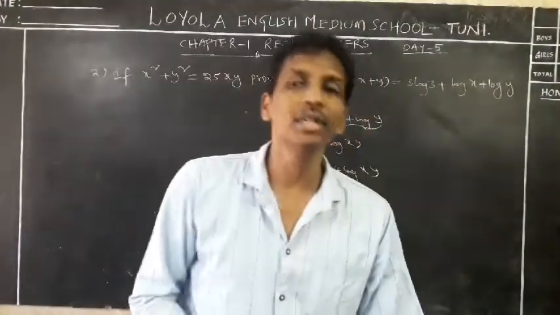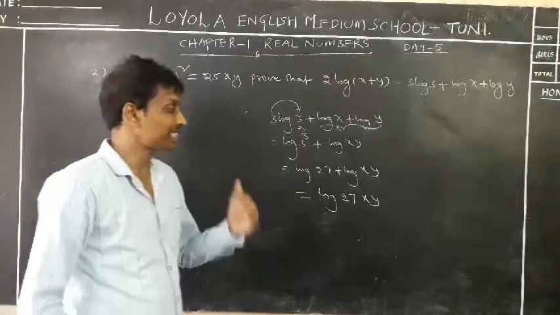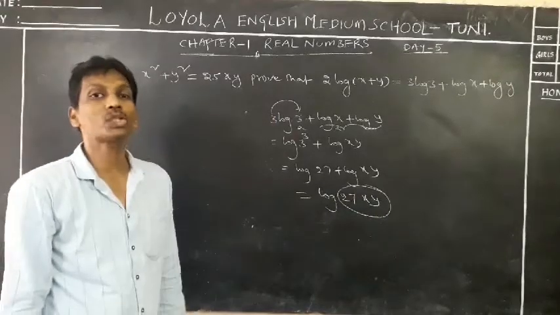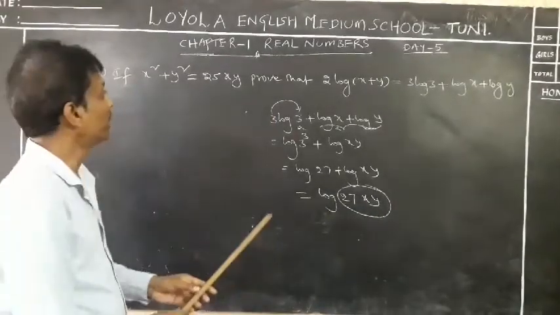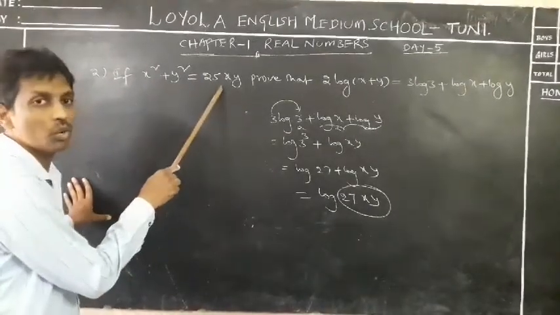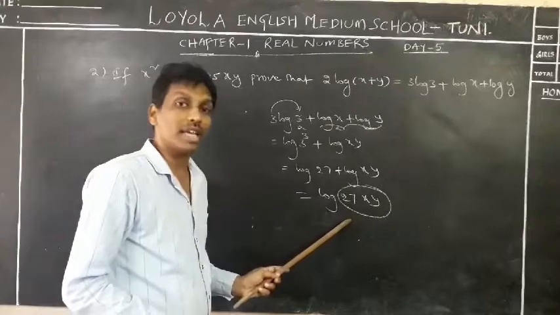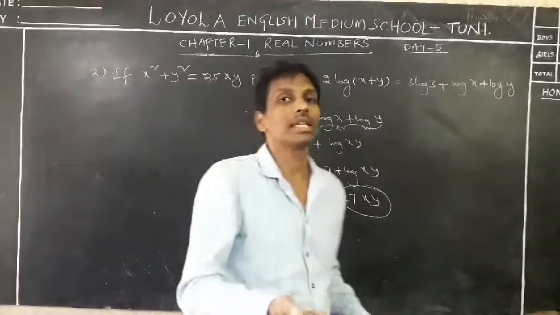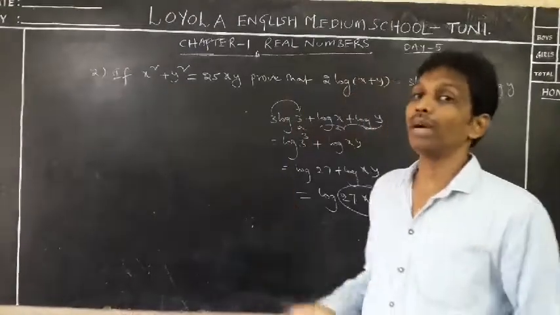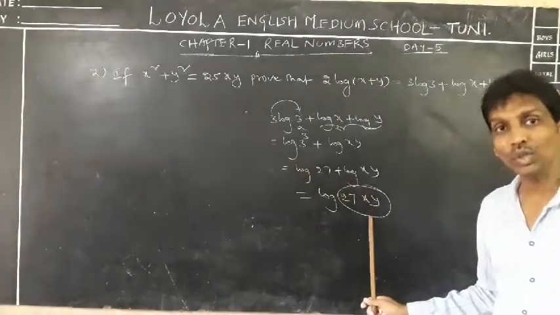That means here one thing we should observe carefully. In our RHS condition, don't think about log, we must get 27xy. If you observe carefully, what value is given? X square plus y square is equal to 25xy. But in the conclusion, what should we get? 27xy we should get. So by doing something, we get 27. What can we do? Can you expect any one of you here? Yes, very good. By adding 2xy to the 25xy, we get 27xy.